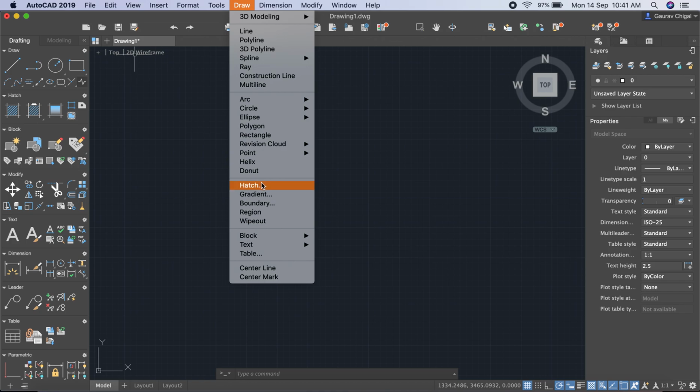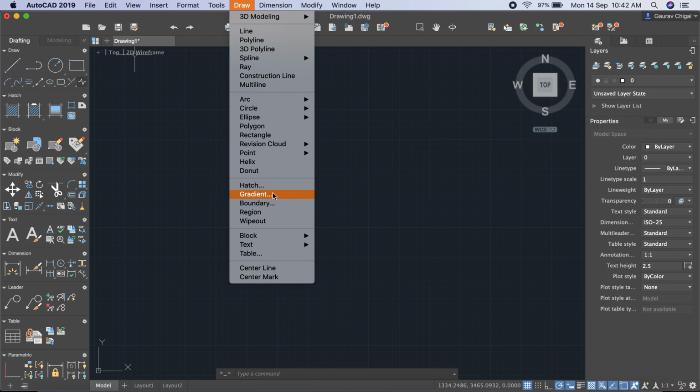So we start with hatch. Hatch is basically used to provide the sectioned part of the object. As you can say, if you cut an object or your component, for that case you need a hatch so that you can show that this is the cut section, and you have to define the standard lines on it at certain respective distance.